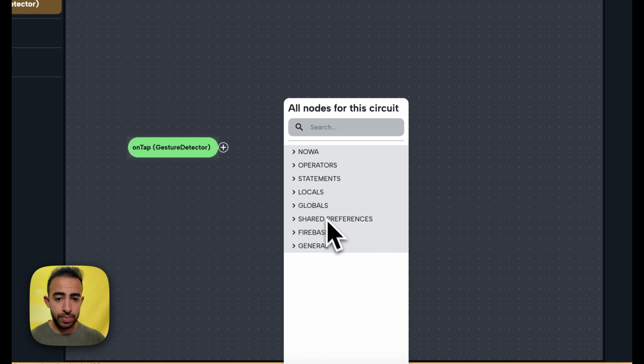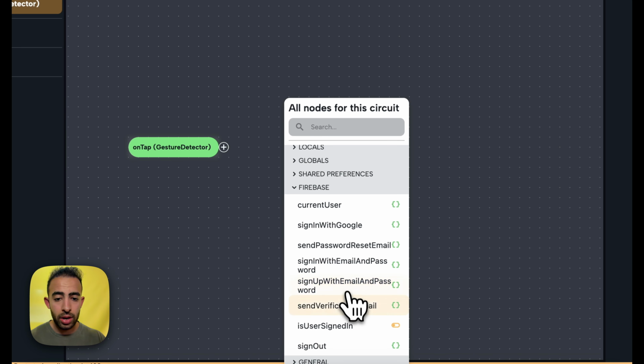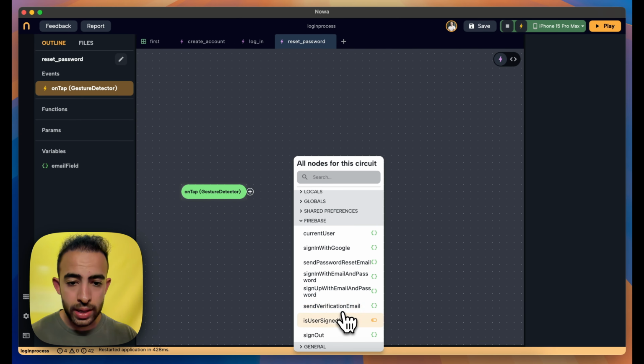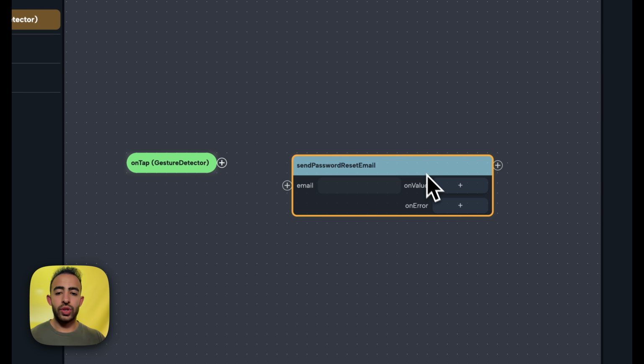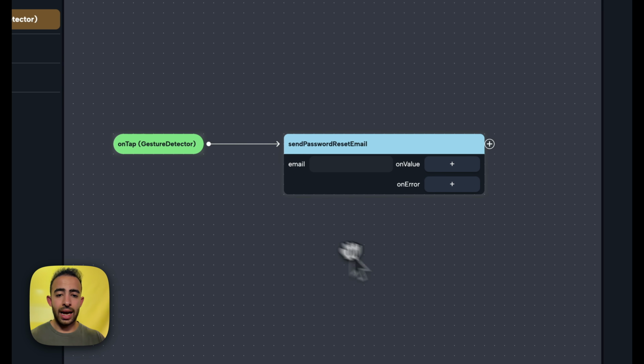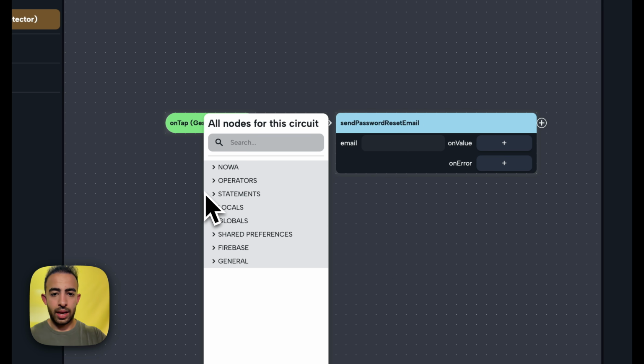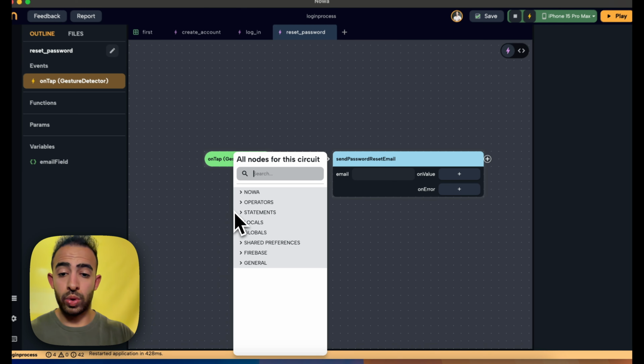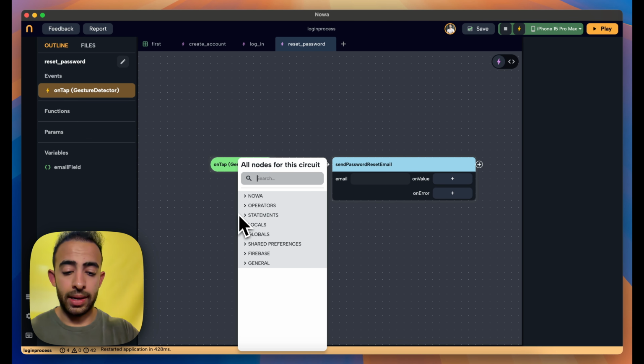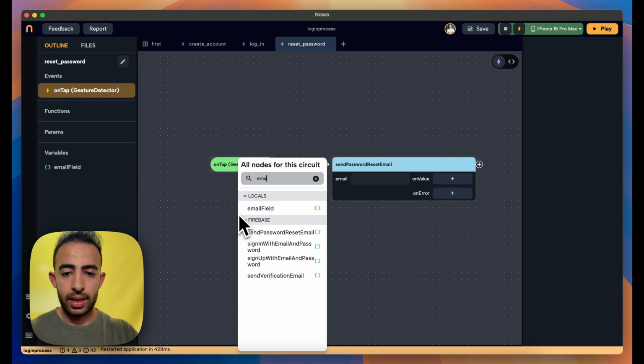And here in Firebase, I can see something called reset, or no, wait. Yes, where's the reset password? Send password reset email. So when I connect it now, I can actually call this function and it will send a reset email. And I want to connect it to the email, which is email field